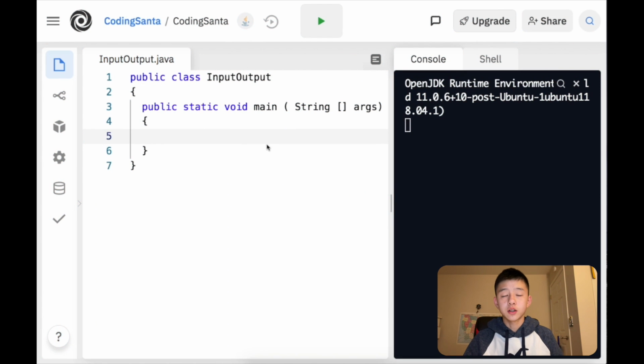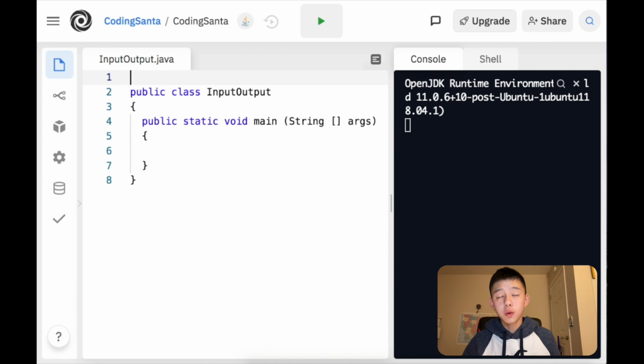Okay, now let's start into the coding. So we have our file code input_output.java, and we're in the public class input_output. We're going to be coding in the public static void main. So remember, when we want to take input in Java, Java does not automatically build the methods in. So what we have to do if we want to take input is import